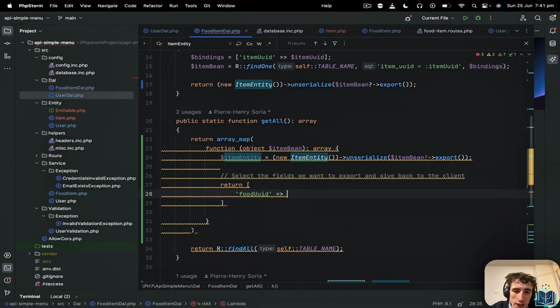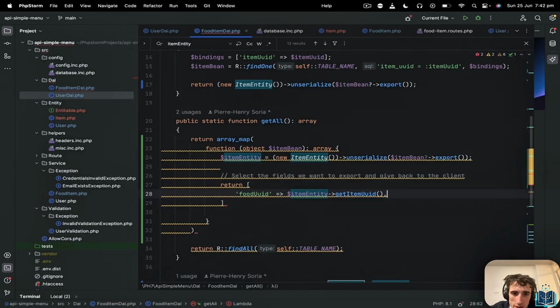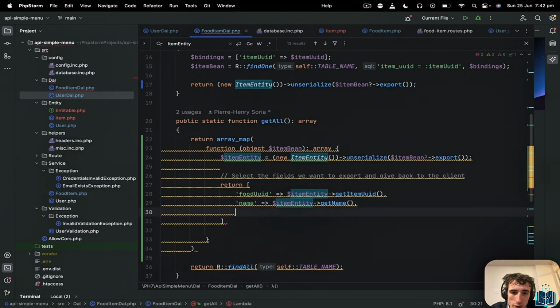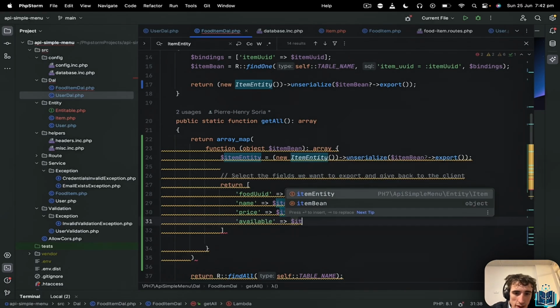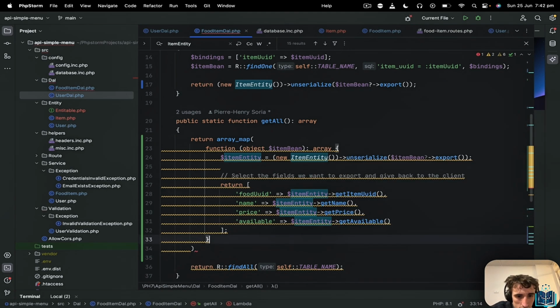And there we have this, we have user item entity, get item UUID, then another array, it will be the name, we want to give back the name, item entity get name, perfect, then we have the price, like this, item entity get price, perfect, and then we have available, and then item entity get available, beautiful, like this, and finally here it will be our item bin,